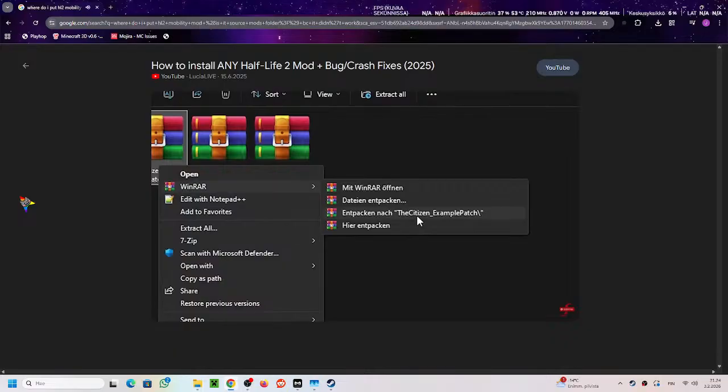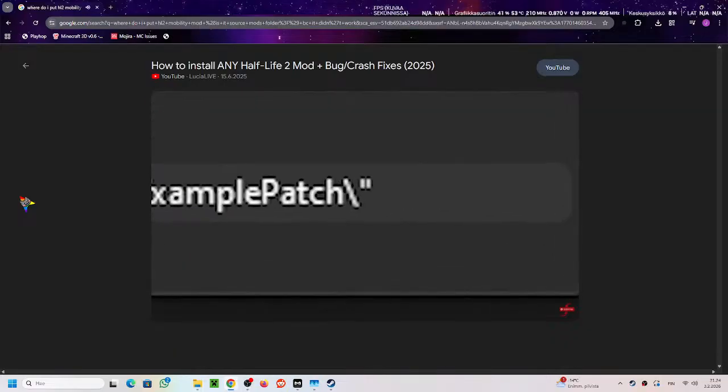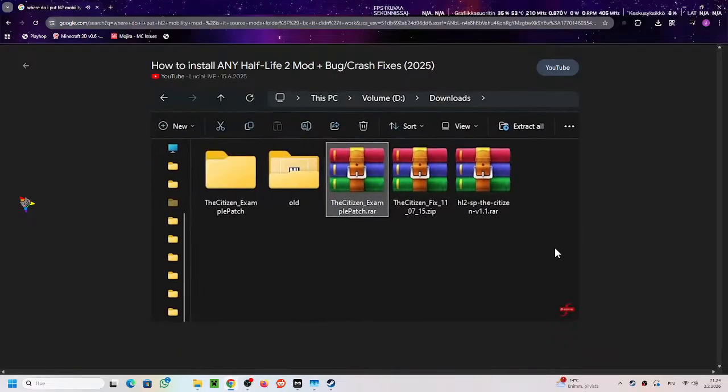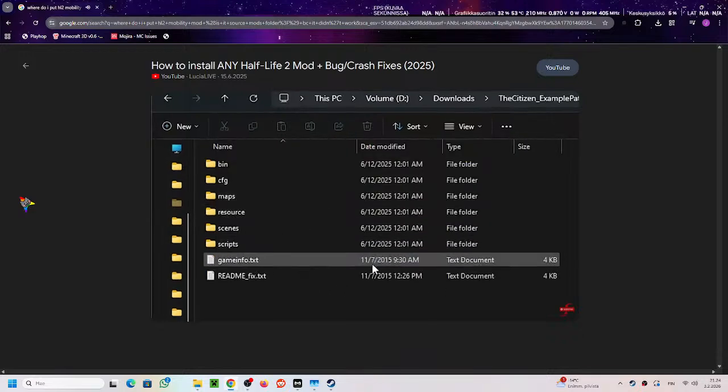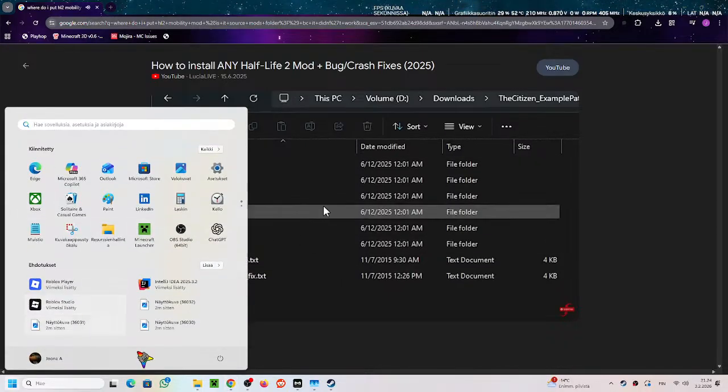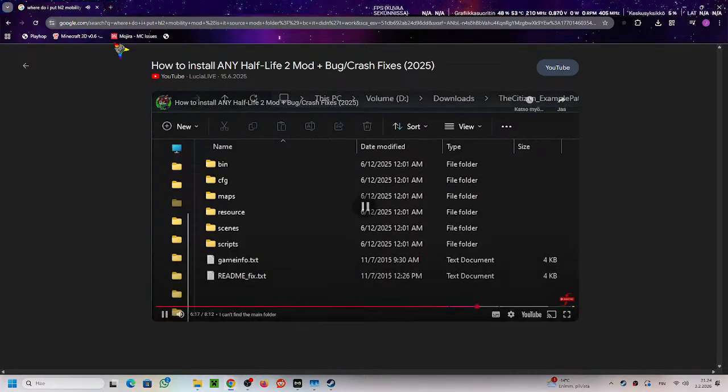You can identify this option by the slash at the back. This will create a new folder, which will now be your main folder, which you can tell by it including the gameinfo.txt and other things like maps, materials, and a modders folder. Note, depending on the mod, it may not include